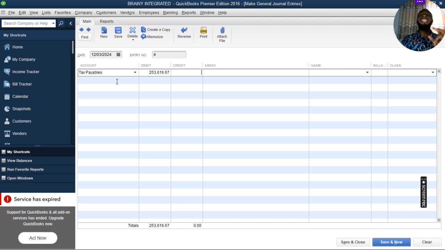The benefit of doing it individually is that on your bank statement, the figures will appear separately: this is the figure that left for tax, this is the figure that left for employee salary, this is the figure that left for pension. But if I pass this journal together, a lump sum will be leaving the bank account, and I don't really want that. Though it's not a serious issue,